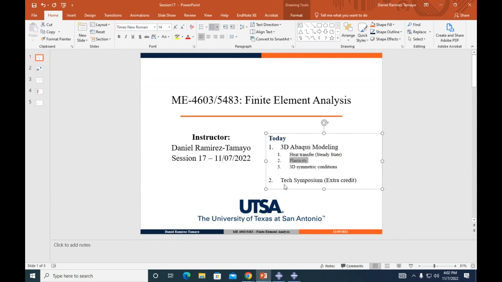We're gonna add plasticity, so finally we're gonna see some yielding in our pieces. And we are gonna learn how to do 3D symmetry conditions, because as we're gonna see, this takes a little bit of time to solve. So if we can take advantage of any symmetry in the problem, we definitely need to do that.